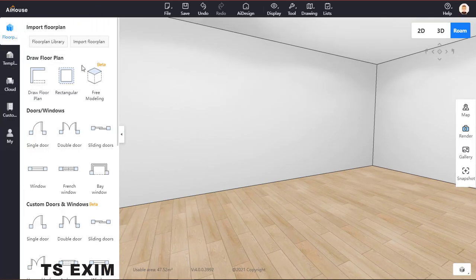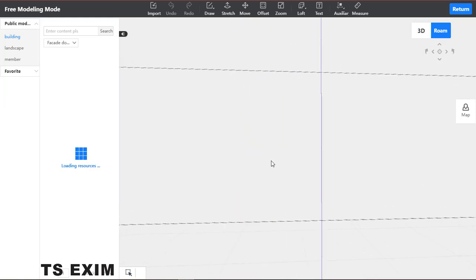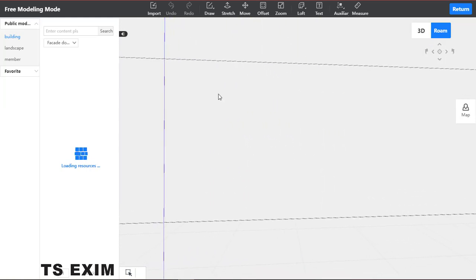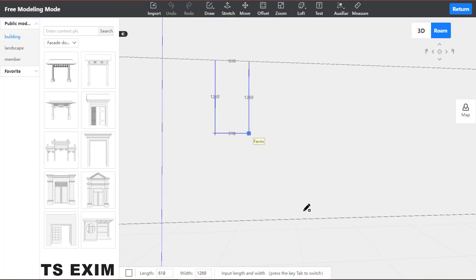This one, we call it free modeling. Select the free modeling here, then simply draw. We draw one rectangle first. Draw one rectangle here. The rectangle scale I want it